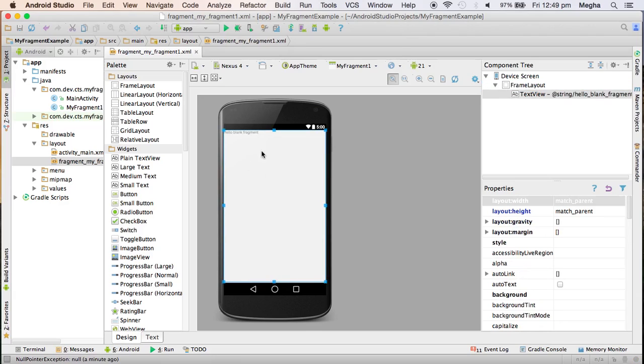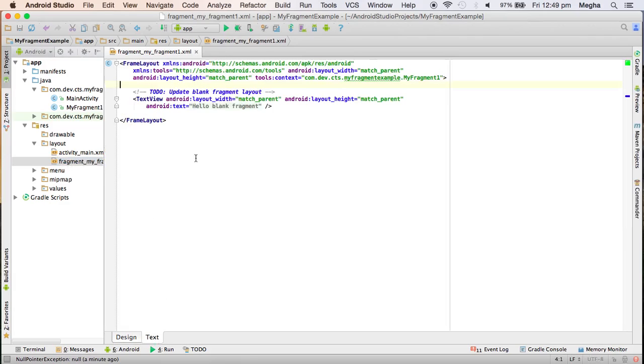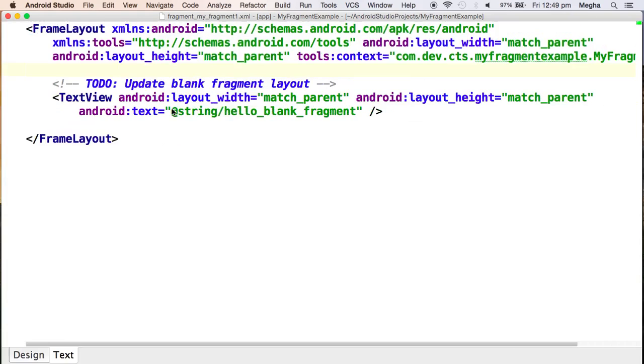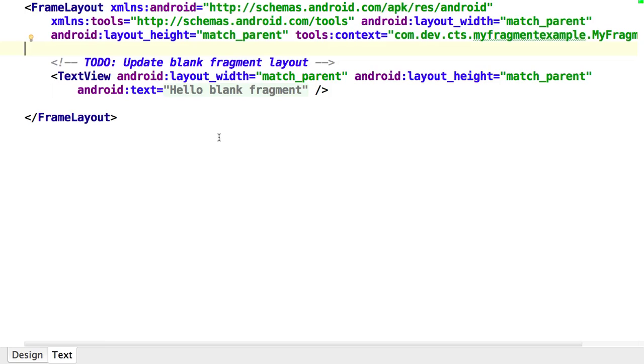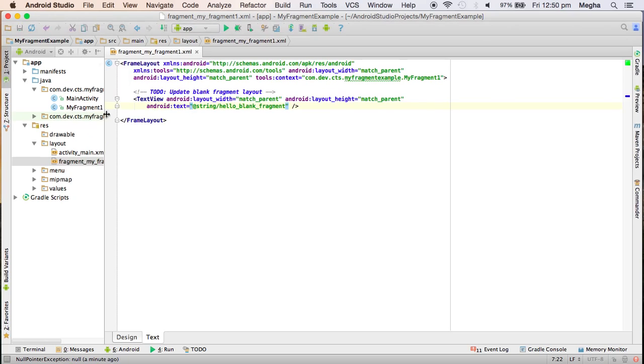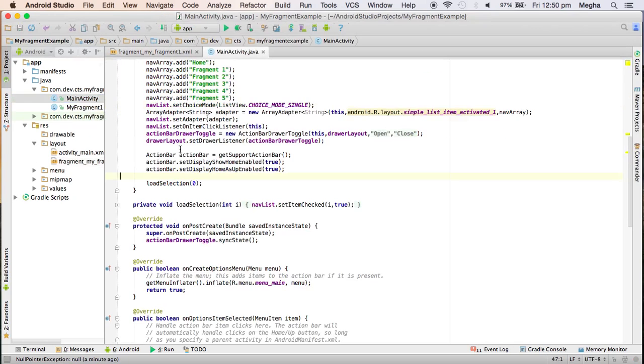Okay, I just have some sort of blank fragment, some sort of text, I think. So how to load this fragment? It just has something created for me, and later I may go ahead and add some sort of complex views. But how to load it at this point, so that we can go into fragments in detail. So I'll just load it, then I'll leave it for our next session to come back to it in